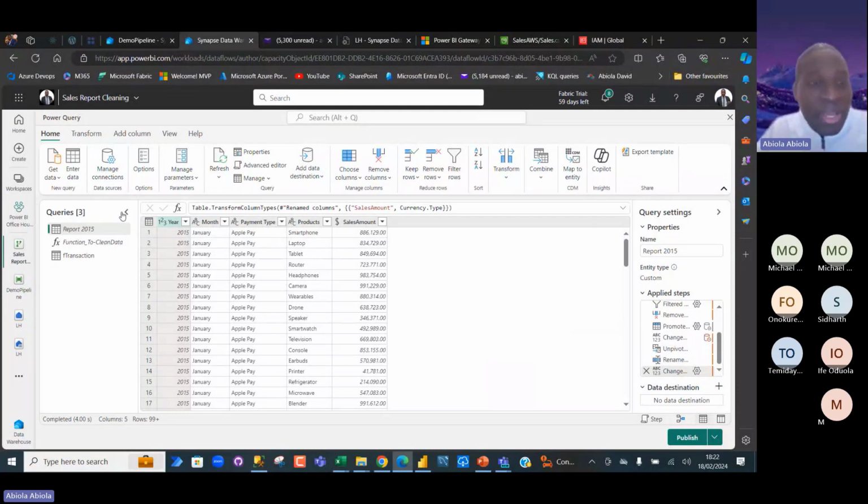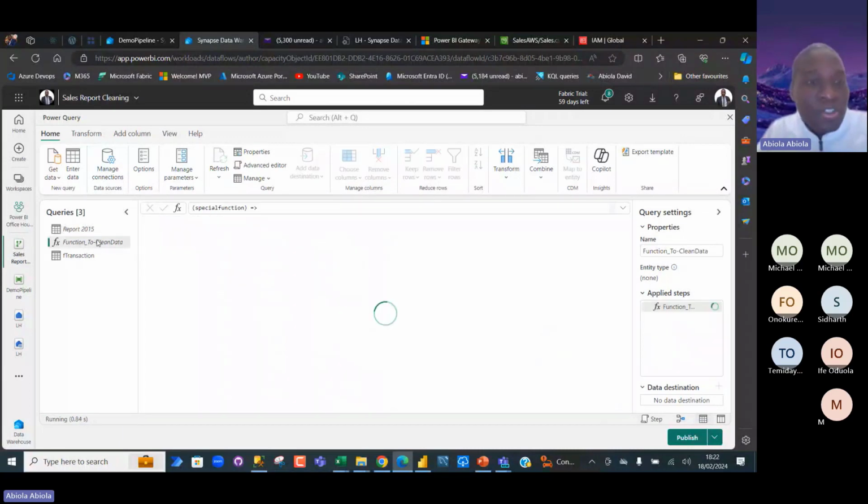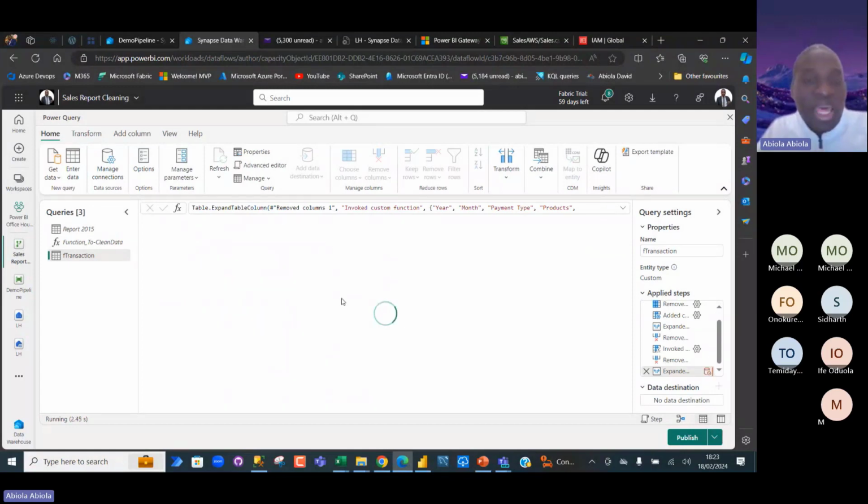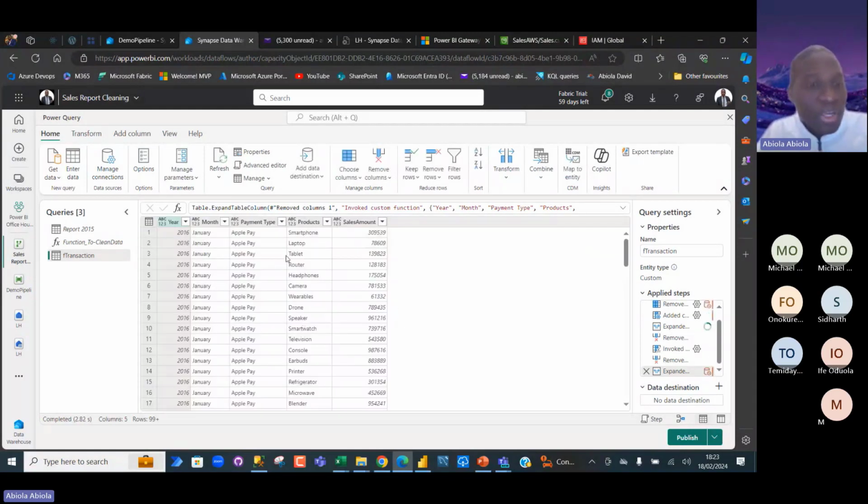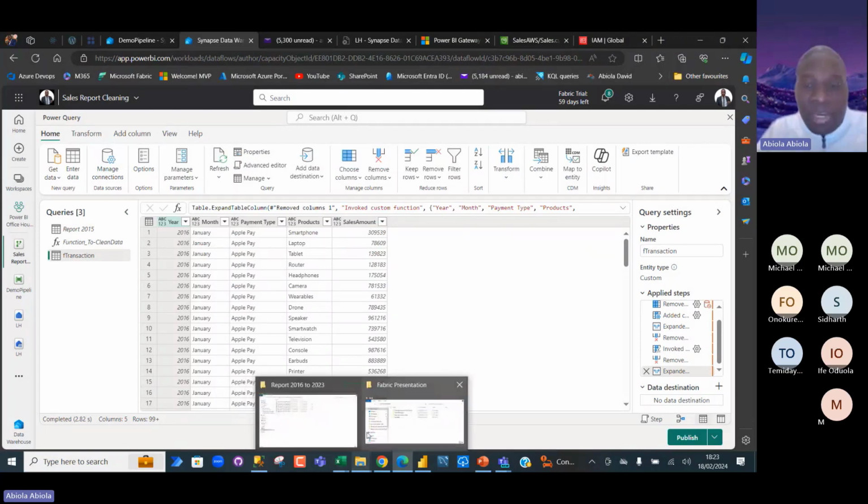I'm just using this report to create a function that I invoked to ultimately transform all the single Excel files from the folder. So that's the reason why I started with this start file. Basically, this is what I did.